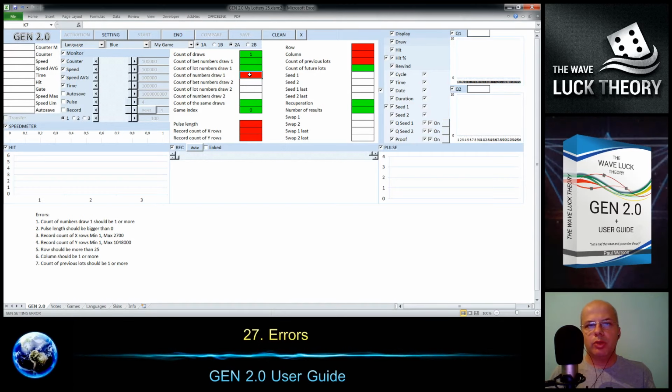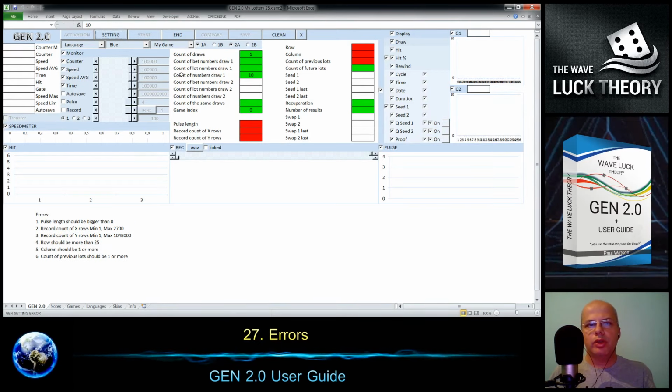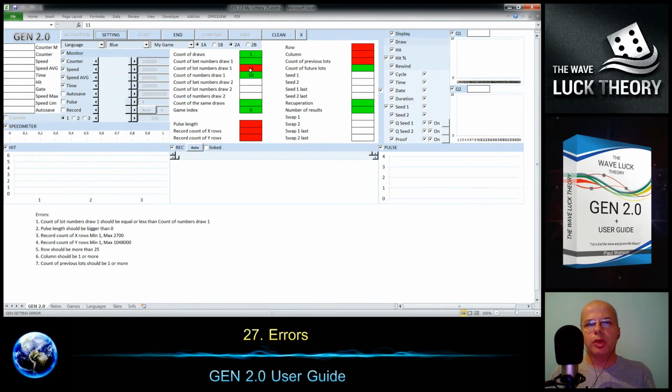Then I will show that the number of balls can be 10, so it's correct, but if we put number of drawn balls 11, then it's an error because it cannot be higher than the number of balls in the drawing machine, so it's logical.